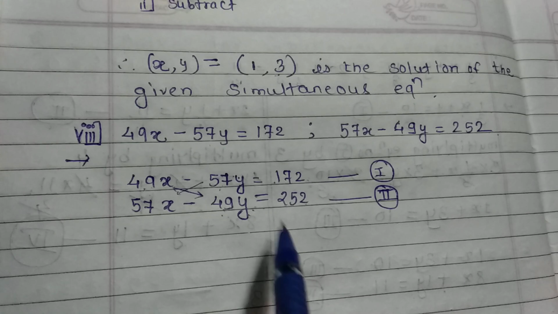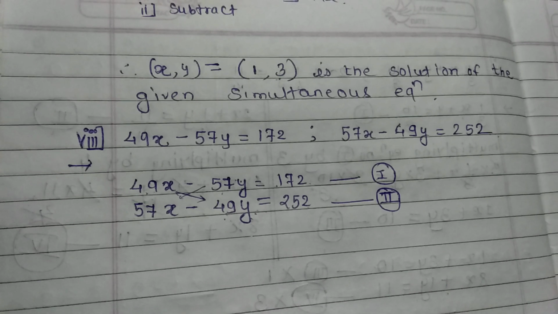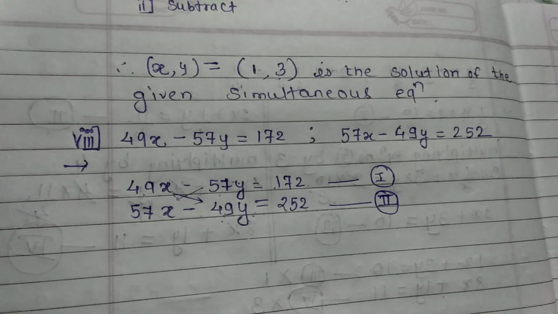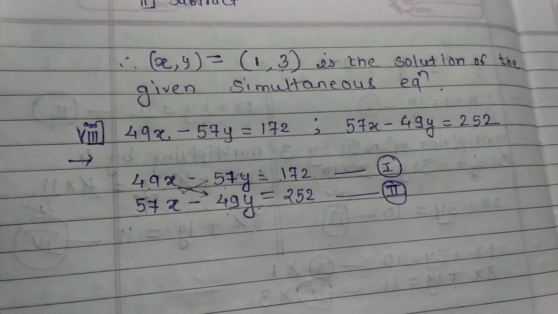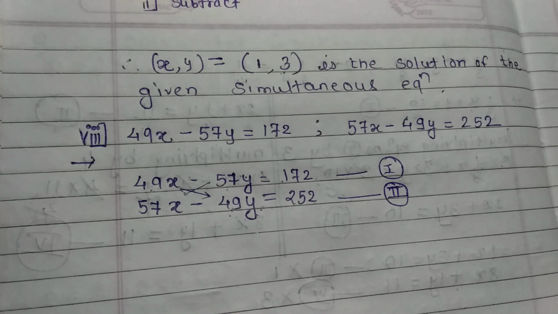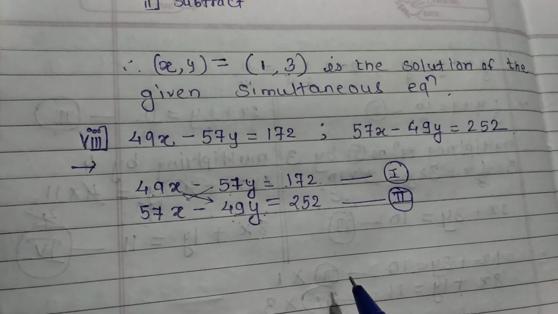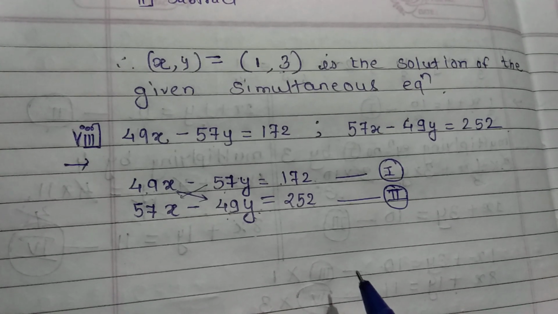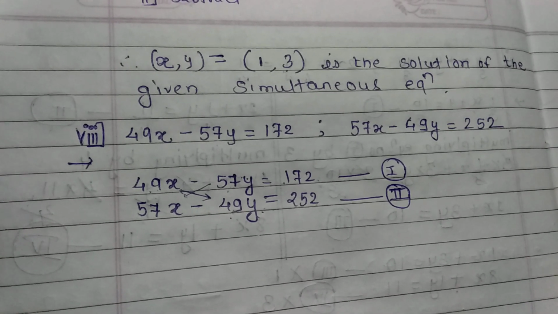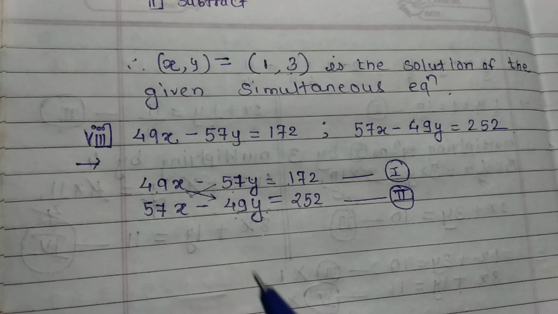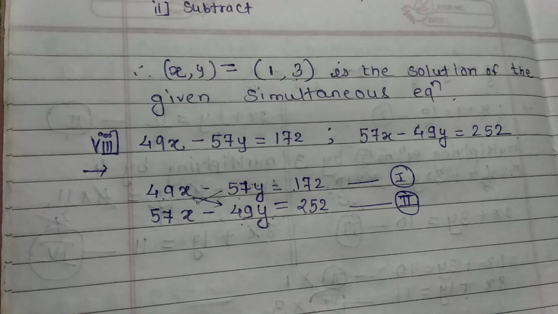So whenever the coefficients of the alternate variables in the linear equations are the same, only then can you use this method. Why use this method? Because your calculation work will reduce. If you follow the regular method of simultaneous equations, then making the coefficients equal will take time, and the multiplication will also require lots of time. To save your time, you can use this alternate method. But only when the cross coefficients are the same. Otherwise, all simultaneous equations you can solve by the previous method.